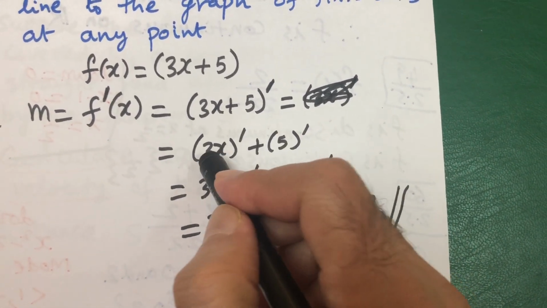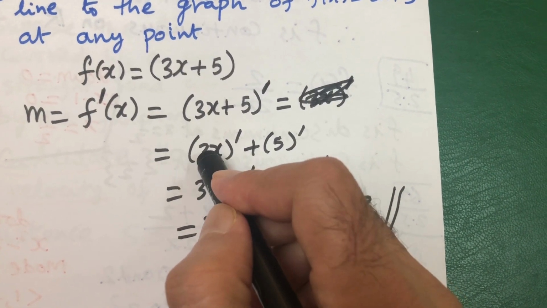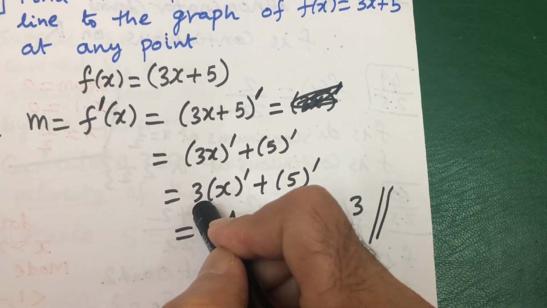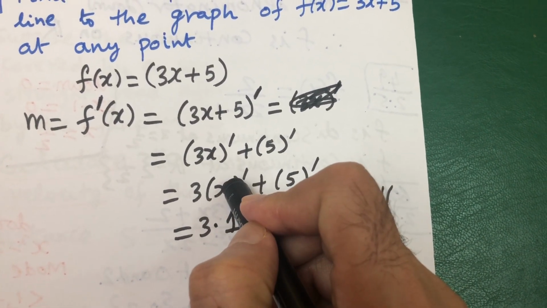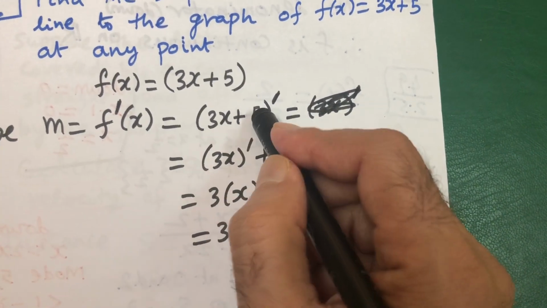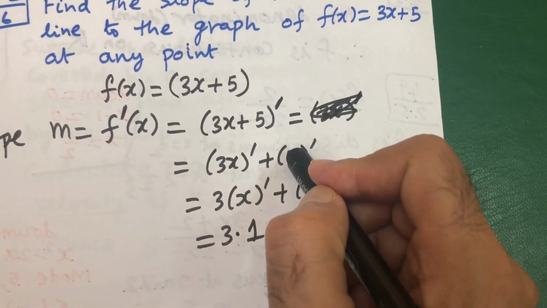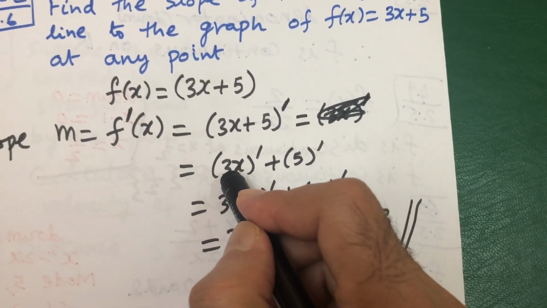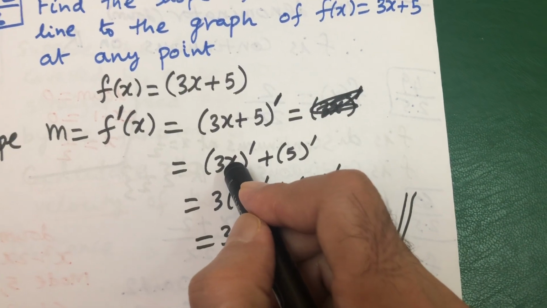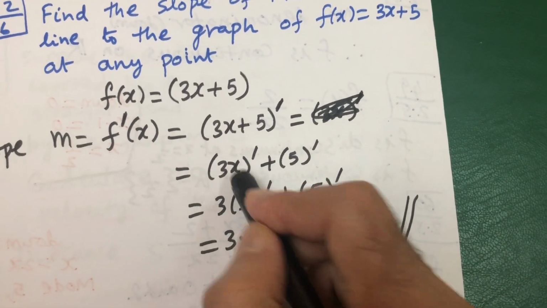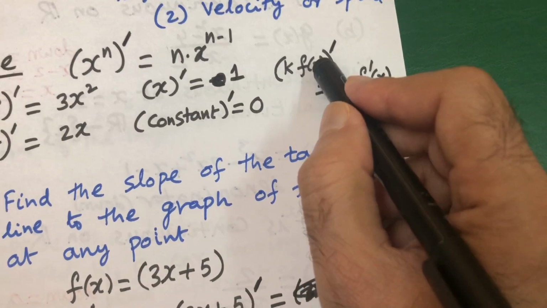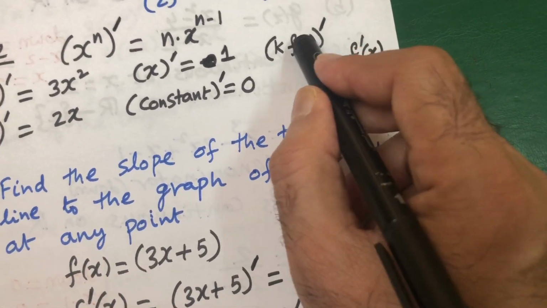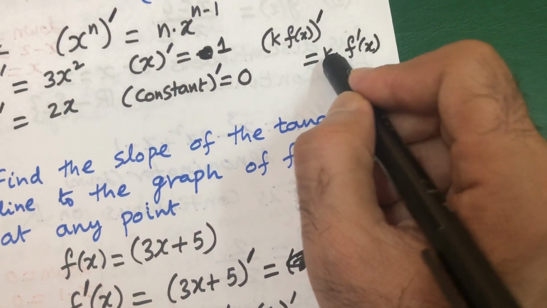Whenever you have x and a constant multiplied, the constant will say, I will go out, you participate in the derivative. So 3 will come out, and you have to find the derivative of x. I repeat, the derivative of 3x plus 5 is the derivative of 3x plus the derivative of 5. Whenever a constant like 3 sees x here, immediately 3 will come out and x participates in the derivative. That is what I said here. Whenever k sees any x, immediately k will say to f(x), you participate in the derivative, I will come out of the derivative.